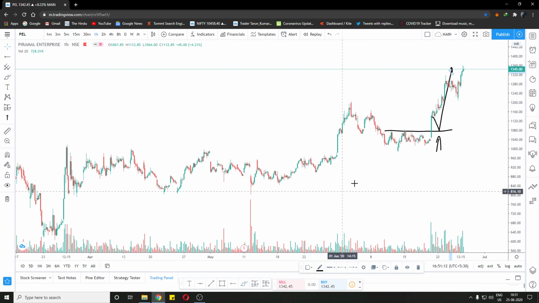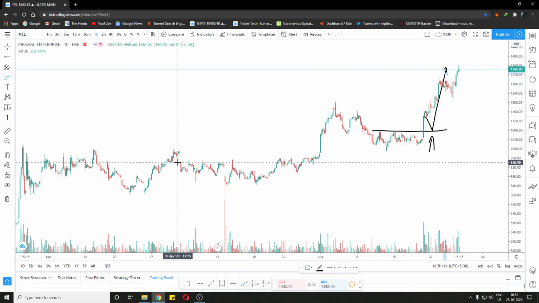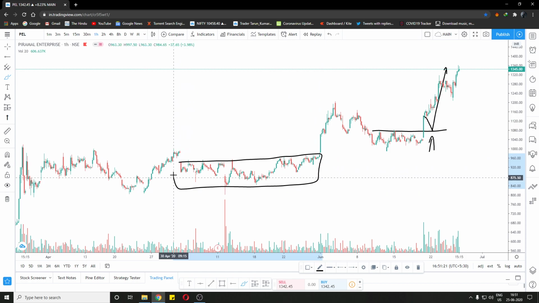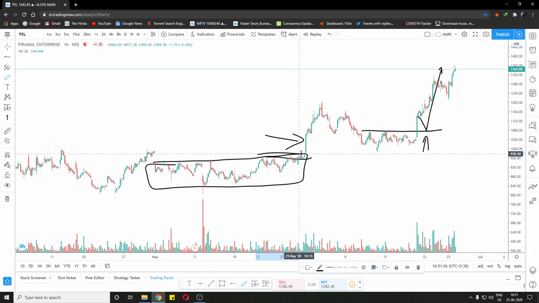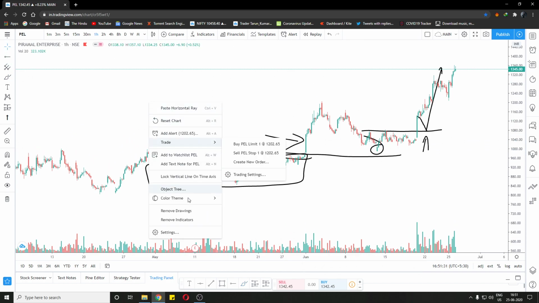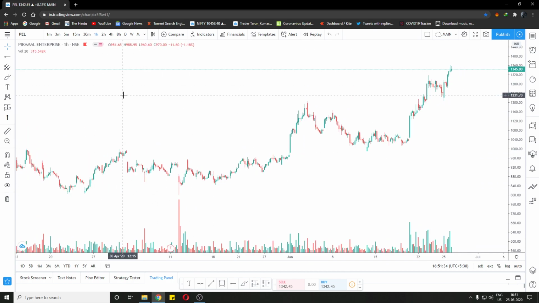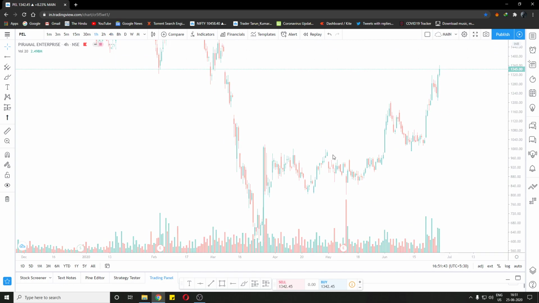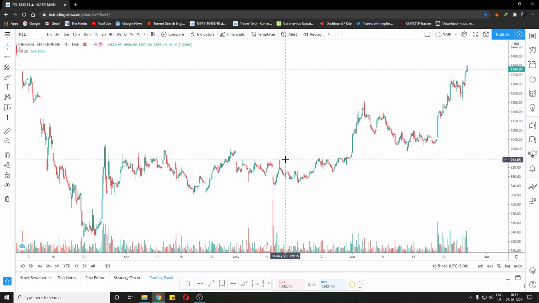So I think we have a clear idea now of how the strategy works. And another very good resistance level is this, as you can see, very clear, and then we get a breakout. The market came for a retest as well at this candle. The time frame for swing trading is 1 hour to the daily candle. We can start with the daily candle, go to the 4 hour, go to the 1 hour to have a good grasp of the chart.